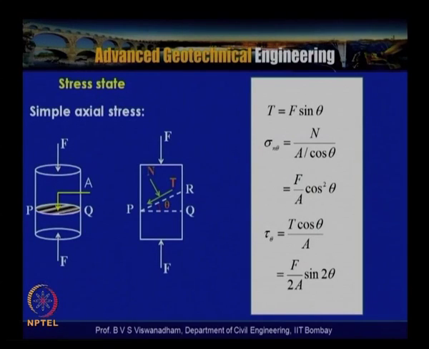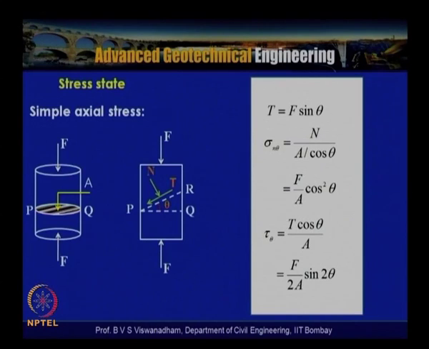On plane PQ the stress is sigma equal to F by A, but on plane PR, we get T equal to F sin theta. That means you resolve F into horizontal and vertical components, then we get T equal to F sin theta, and then we get the normal stress